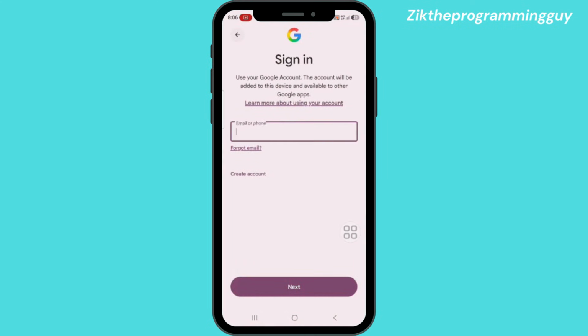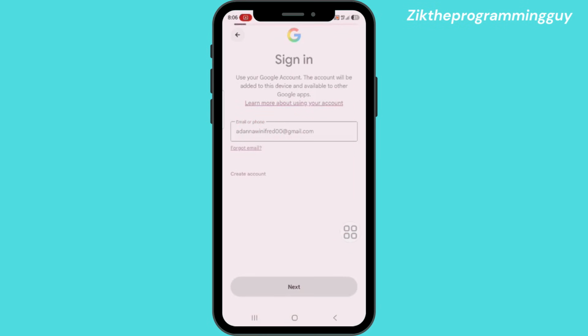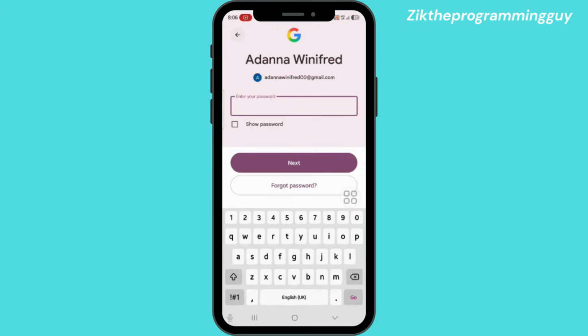And once you do that, you're going to actually add in the name of the Gmail that you want to add right here, and you're going to do this, add every detail right, and click on next. Okay, I think I made a mistake. Click on next, and you're going to quickly enter the password,